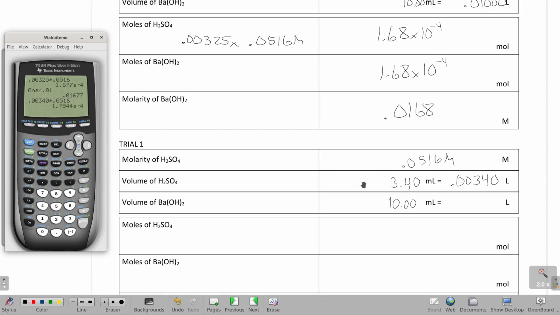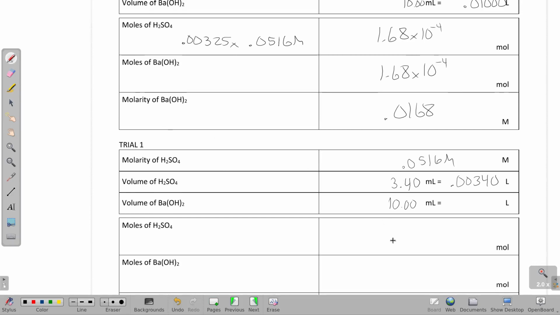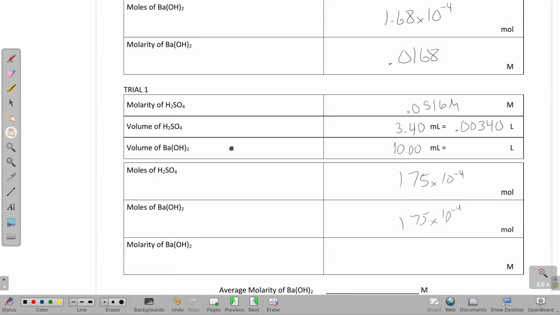And I get 1.75 times 10 to the negative 4th. So this is also 1.75 times 10 to the negative 4th. And this molarity is going to be 0.0175 molar. Now, technically these two are right on the edge, about far apart of where I'd want to do